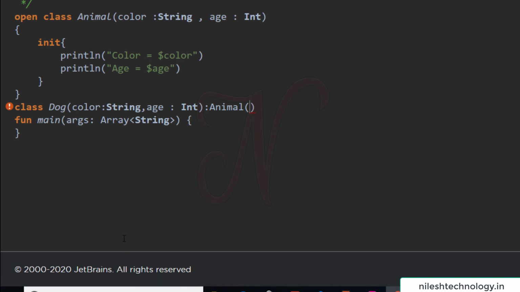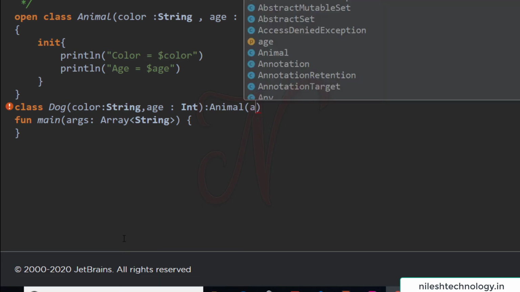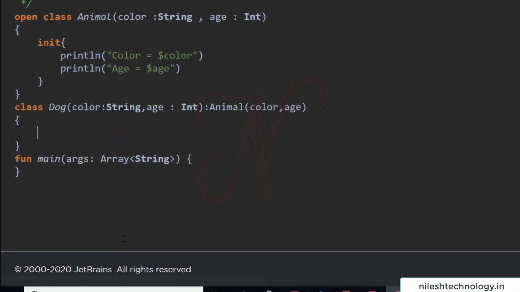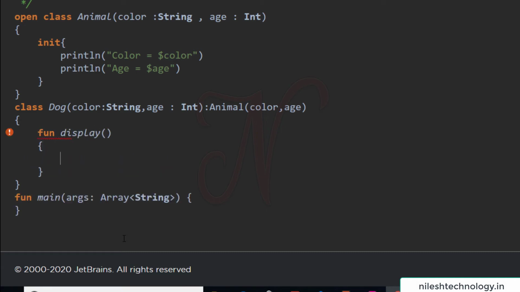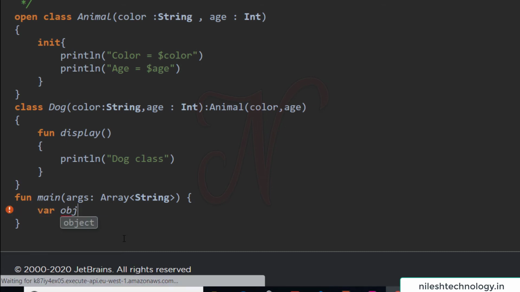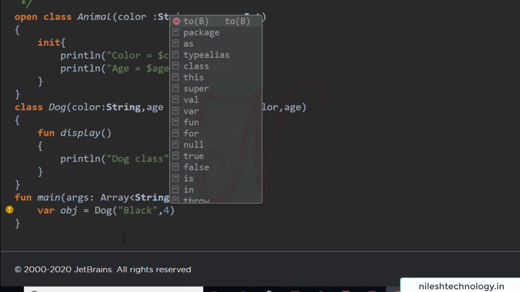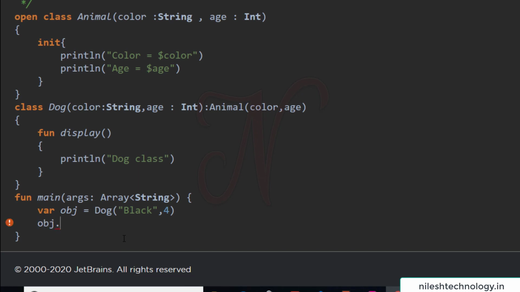If you want to pass these two parameters to the parent class, then pass them here easily, first color and then age. And here we define one more function, fun display, println dog class. In the main method we create an object of the Dog class, where obj is equal to Dog, and pass the two parameters: color is black, age is 4. Then we call the function obj.display.